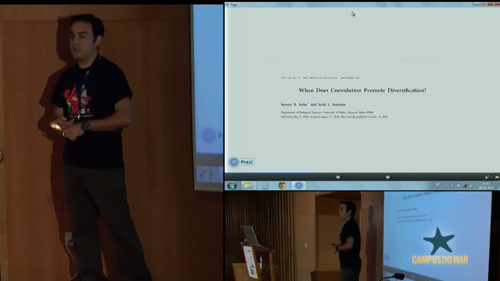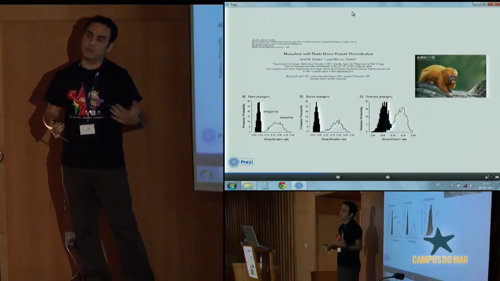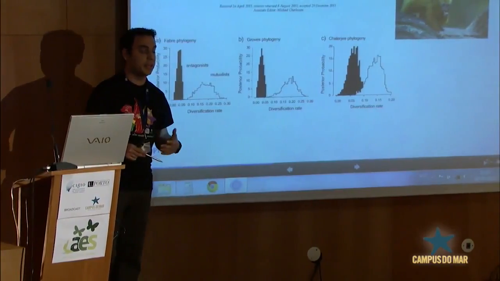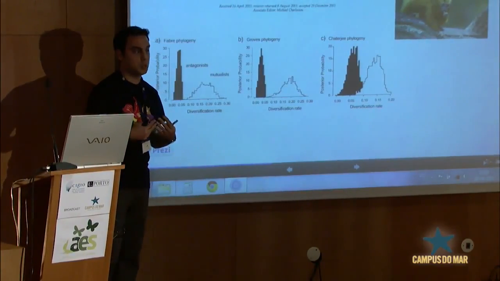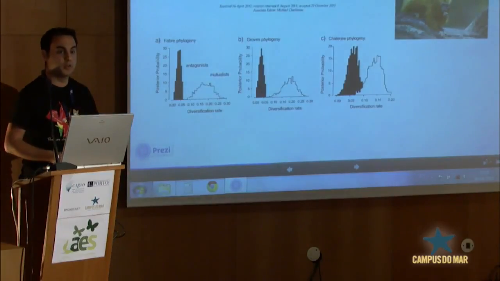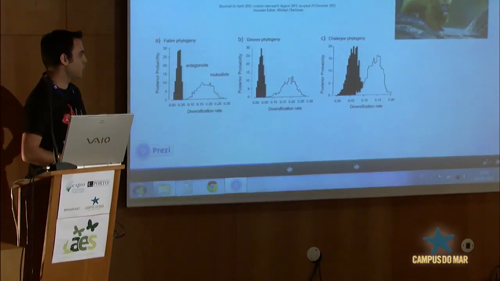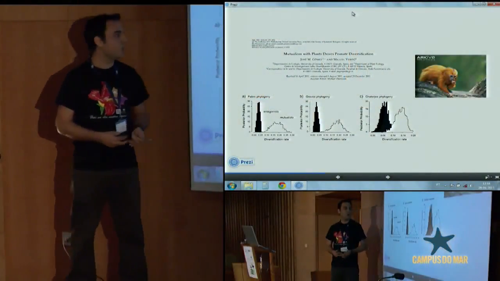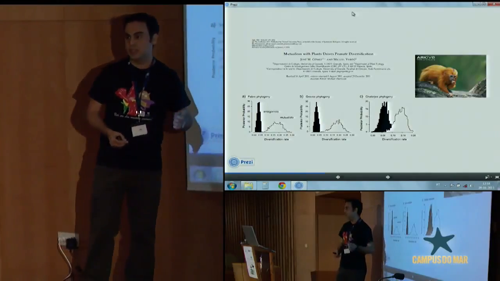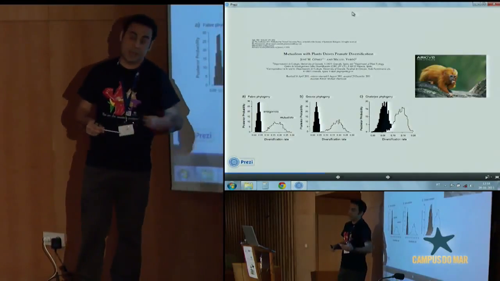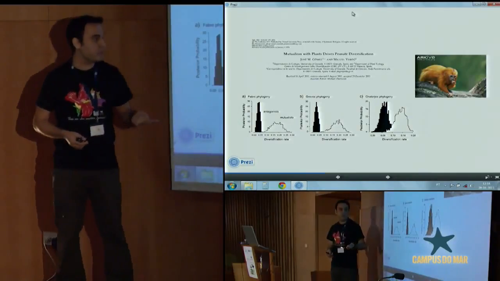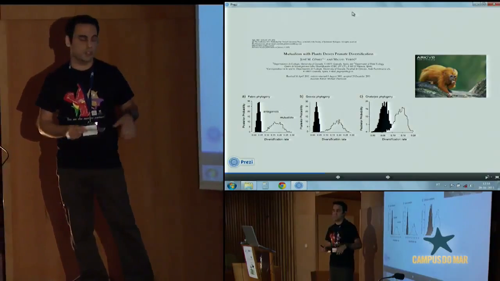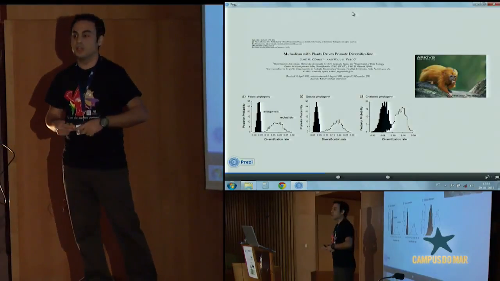With frugivory, the examples are not as abundant as with pollination systems, probably because there is less evidence of the role of coevolution in a system like fruit dispersal and fleshy fruit producing plants. In this case, we have this work with primates in which authors found that in both living and extinct primates, those that are frugivorous have a higher diversification rate than antagonist or non-frugivorous primates, which was related, as suggested by these authors, to expansion of range.